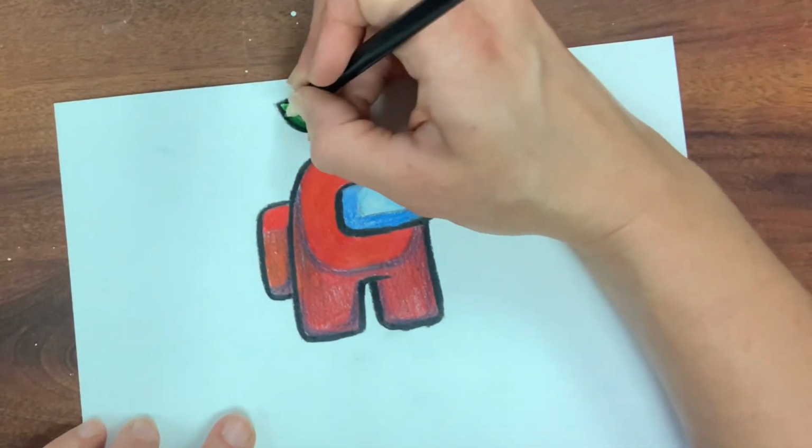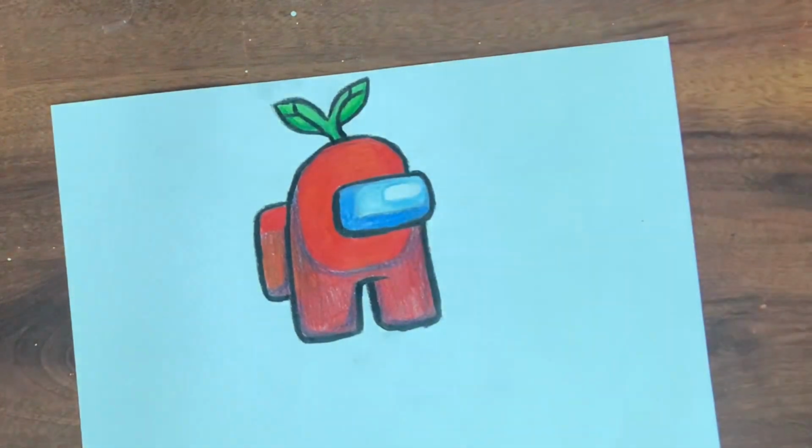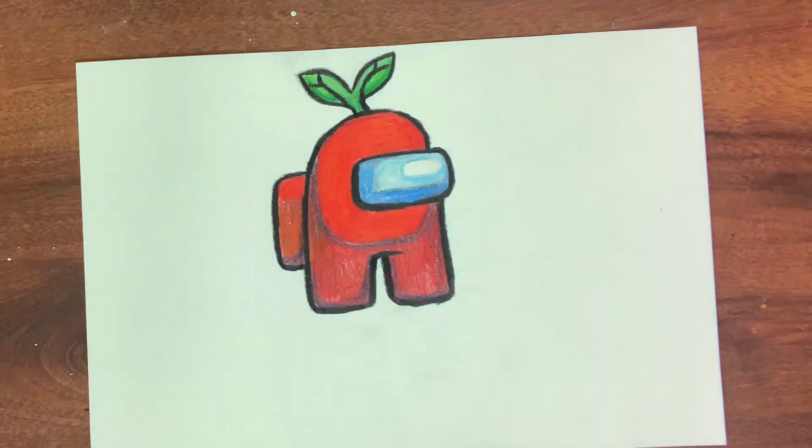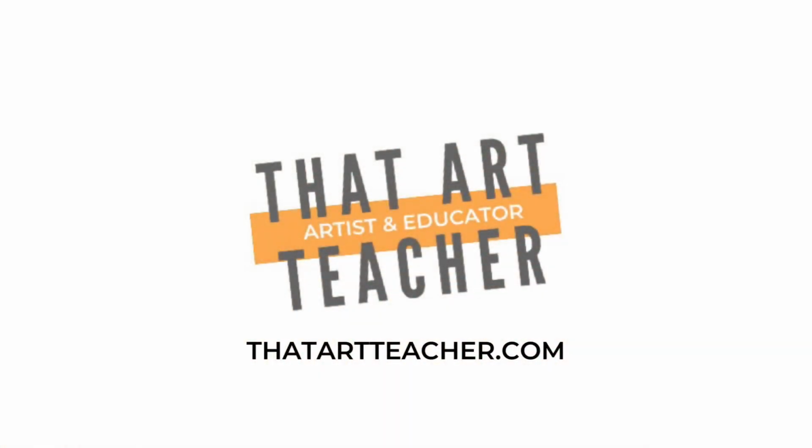I think we're almost done, adding a little bit more detail in the leaf. And this Among Us character drawing is super fun, and although I'd never played the game, thank you students for introducing it to me. Thank you so much for sticking around and making art with me,